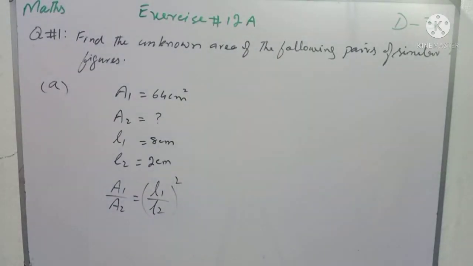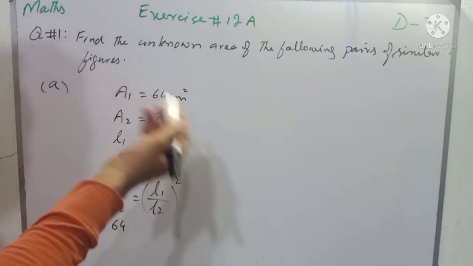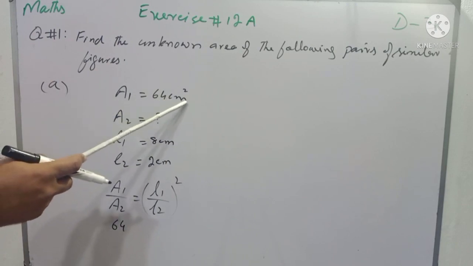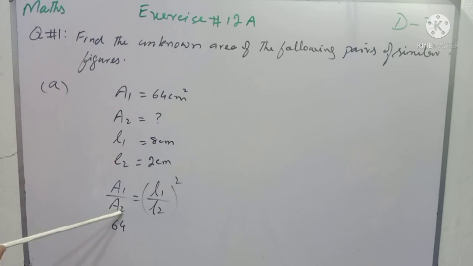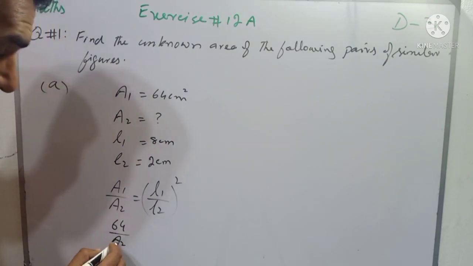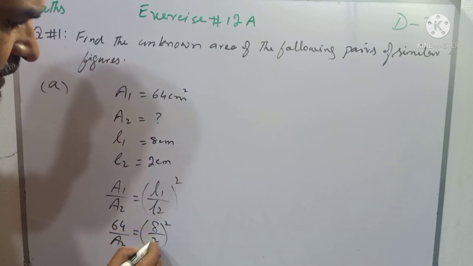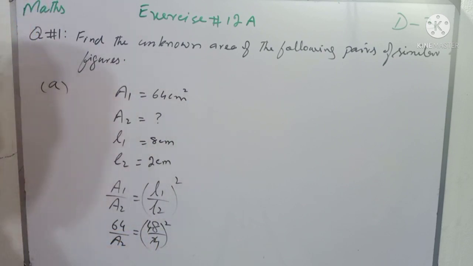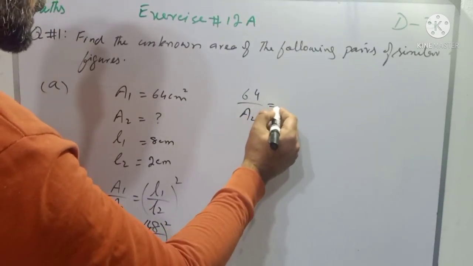Area of triangle 1 is 64. Here I will write 64, and I need not write centimeter square because it is understood that the area of triangle 2 will be in centimeter square. So I write 64 over A2 is equal to length 1 is 8 over length 2 which is 2, whole square. That is 64 over A2 equal to